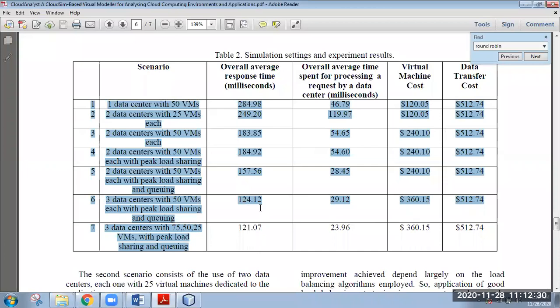So you check whether the result is the same or not by going for the default policies, like you have to go for the closest data center, as well as a load balancing policy like round robin, and run the simulation and check the results. Okay, this is all for Cloud Analyst.